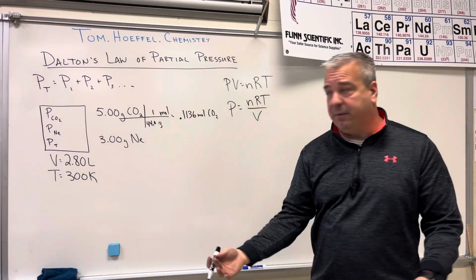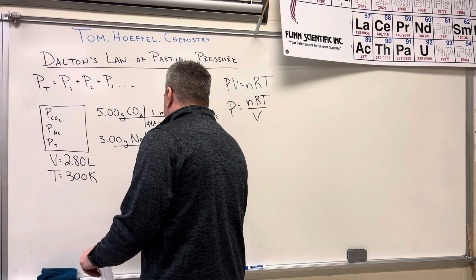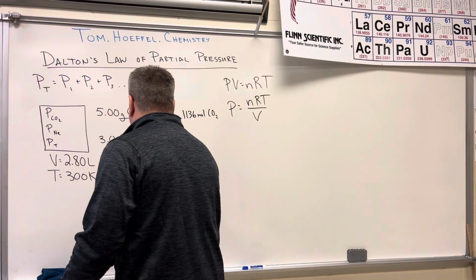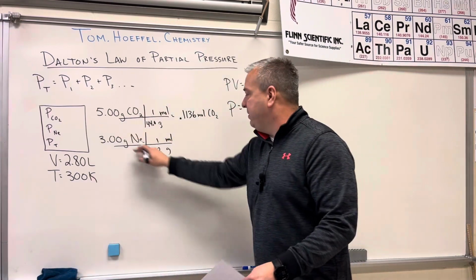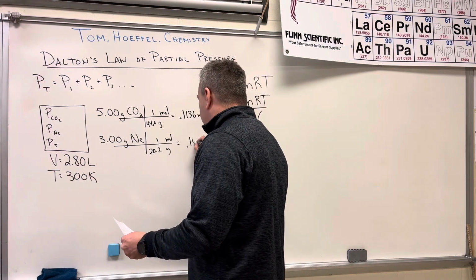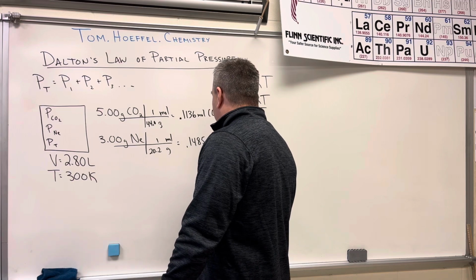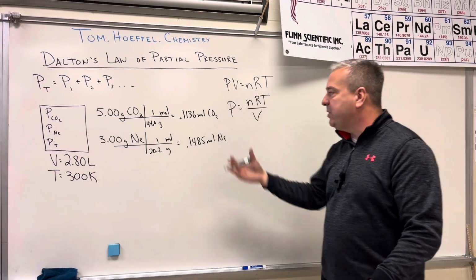And I'm going to do the same thing for the neon. I'm going to convert the grams to moles, and the molar mass for neon is simply 20.2 grams per mole. And I got that off the periodic table. And when I do this math, I find out that the neon is 0.1485 moles of neon. Now, I kind of want to pause here and ask you, which one do you think